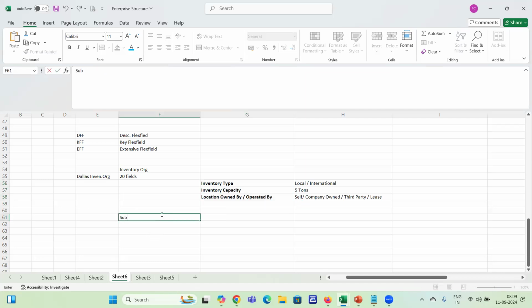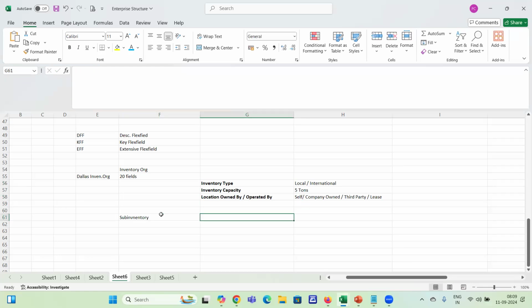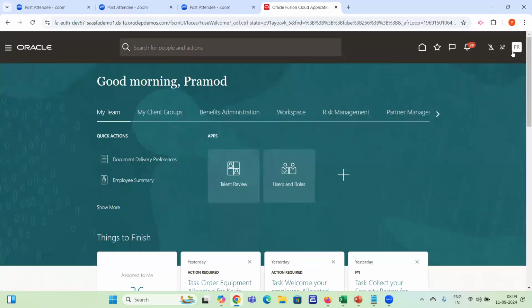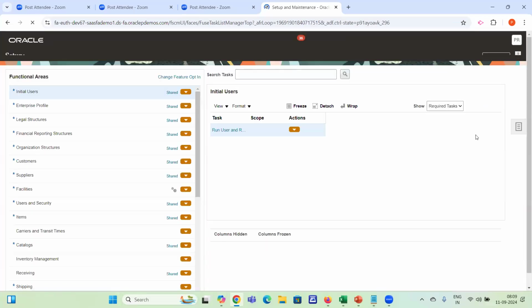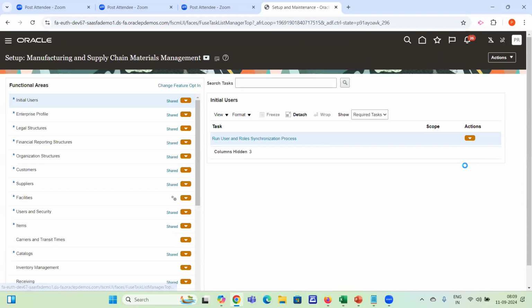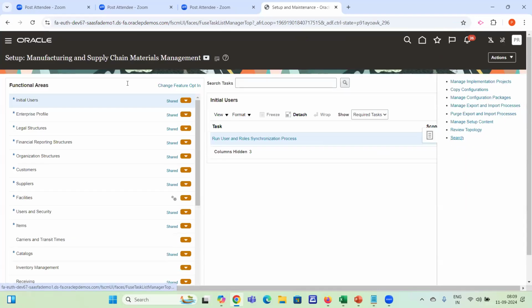Same thing with sub-inventory. You want to capture some additional information, probably the capacity of the sub-inventory. Pramod, these fields themselves are not available in Oracle, right? Correct. So if you go to inventory organization, it's not just inventory organization. I'm just giving an example for reference. It can be anything. So if you go to manage inventory organizations,